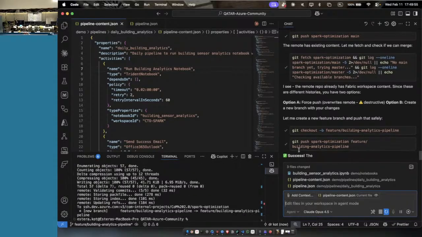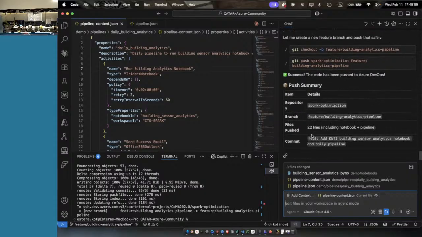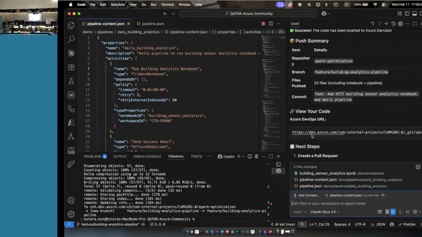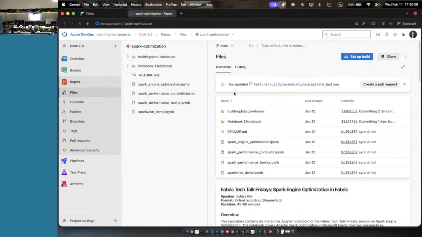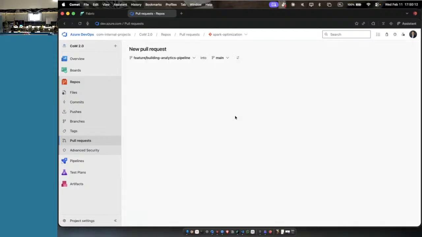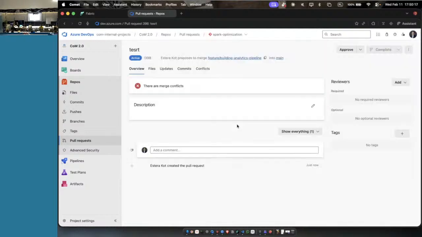That's why, okay, it deployed. Let's see. Let me check. Okay, so you updated. Let's create the pull request. There is a merge conflict.